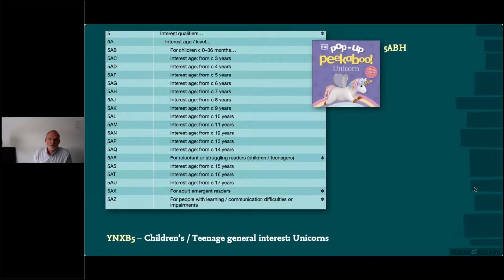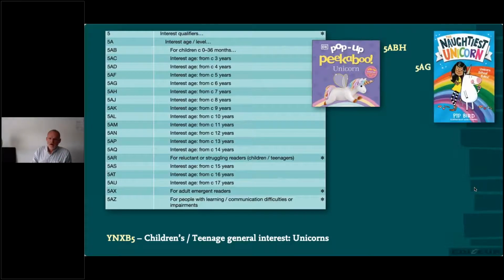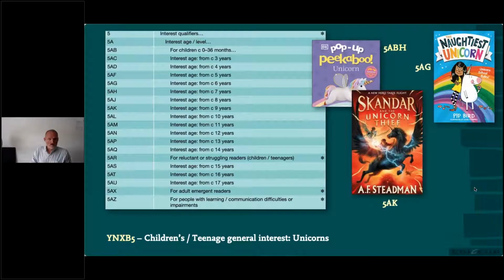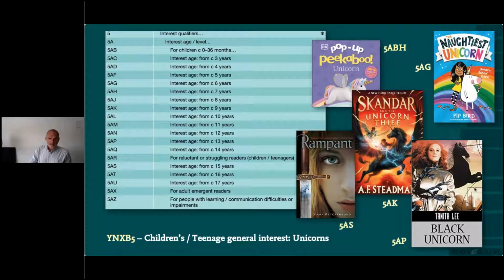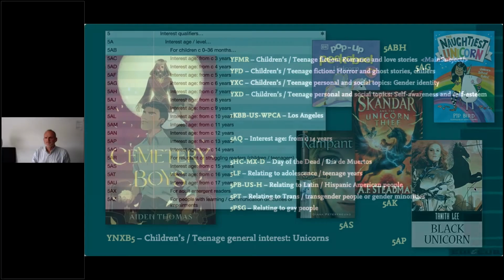And we can then, so 5ABH, this is aimed for small children above the age of 12 months. 5AG, above 6. 5AK, 9 and above. 5AP, 13 and above. 5AS, 15 and above. That information is very clear. It'll be in the metadata. People who receive it can make use of it as they wish.